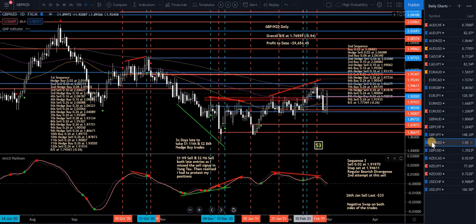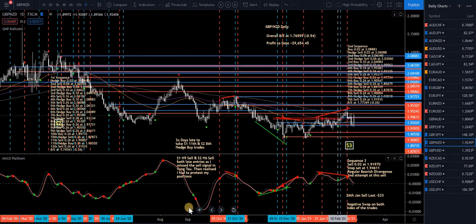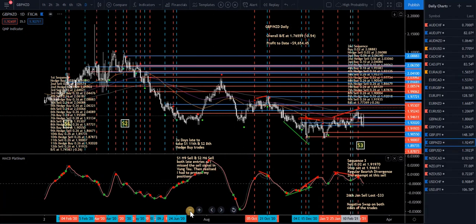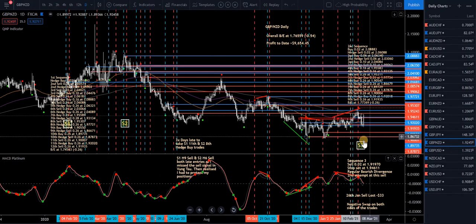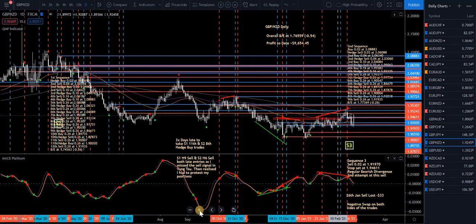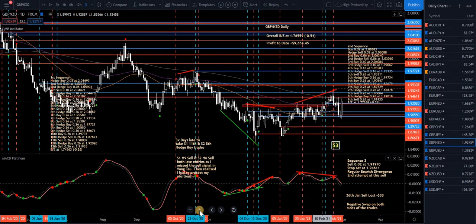Pound New Zealand. Now I was in a sell here. Now this one's an old one. This is all right. Let's go back. We've got a few sequences happening here, and they've been in these trades a long time. 1, 2, 3 sequences. So 1 and 2 are the old hedging sequences. Don't worry about them too much. Just concentrate on sequence 3, which is my